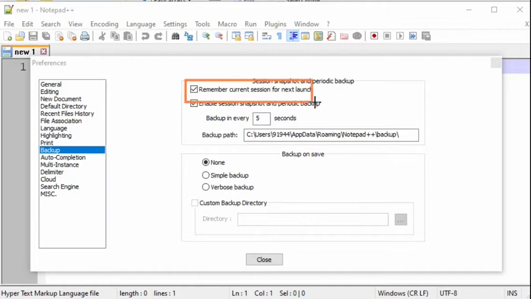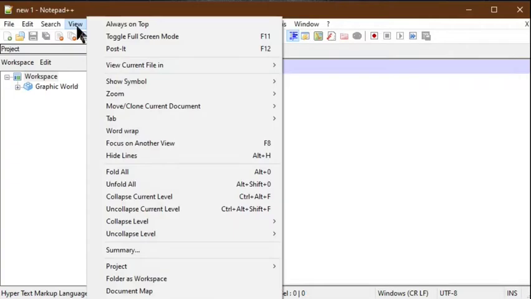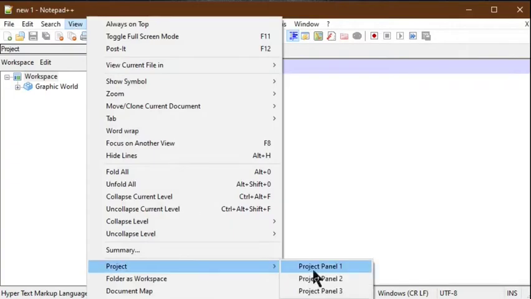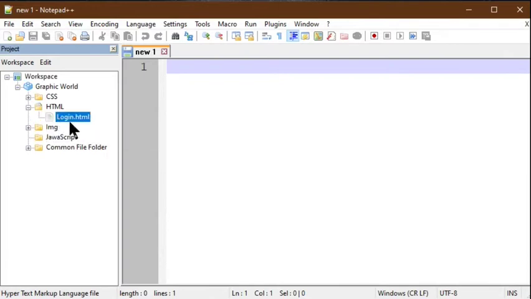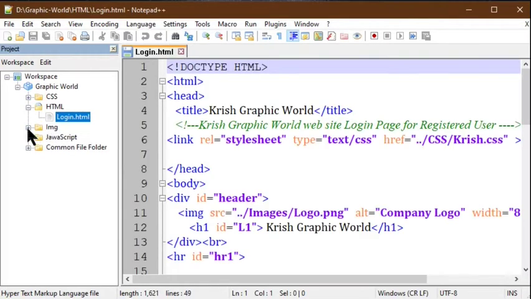Remember current session for the next launch means it will save the environment, that is, what files are opened in the current session, in one temporary backup file, and during the next launch it will show all the files from the previous session we used. The main advantage of this session is that normally for any project we use many files in different locations and from different directories.